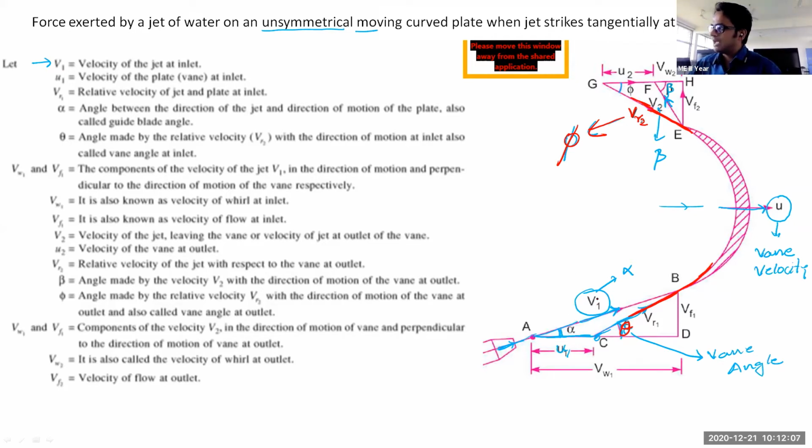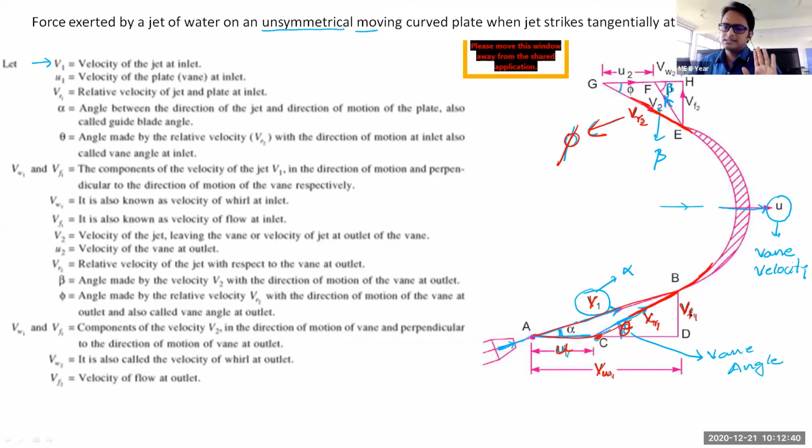So you go like this: here V1, here U1, drawn as per the scale velocity triangle. When you connect this point, you will get VR1. Now, I hope these three terms are clear to all of you, that is V1, U1, and VR1. Now, if you see on the inlet side, two terms are there, VW1 and VF1.